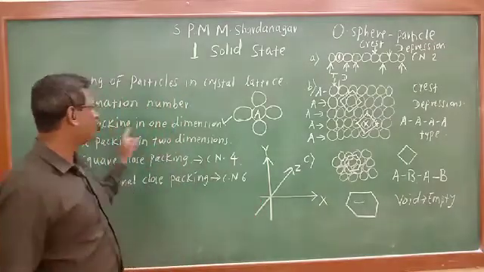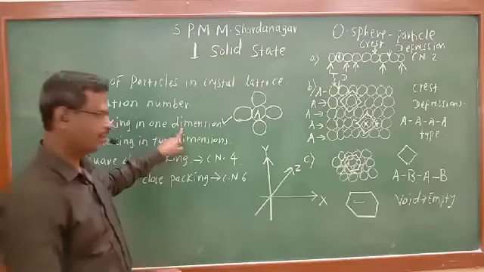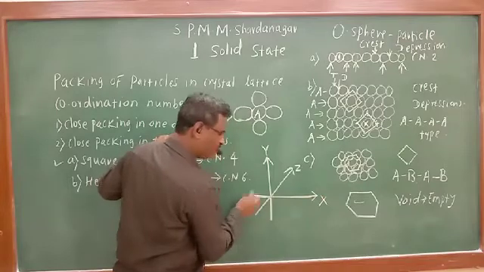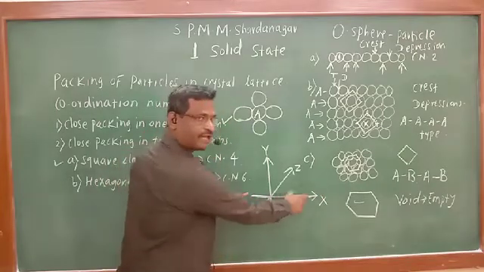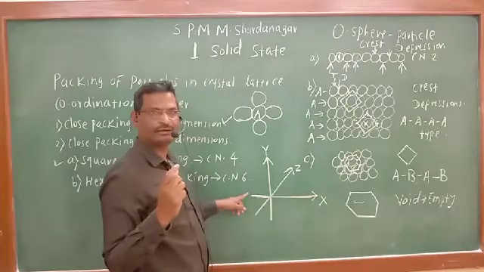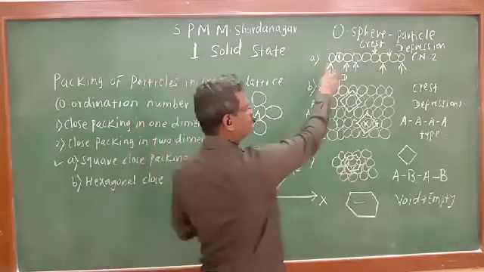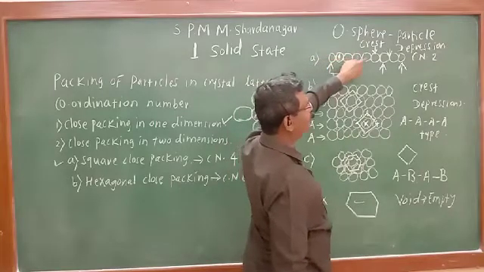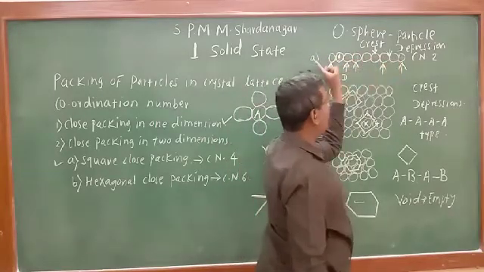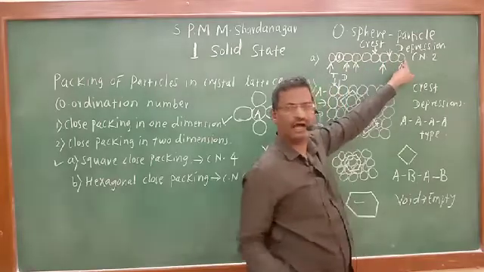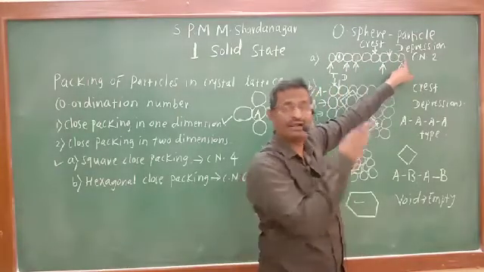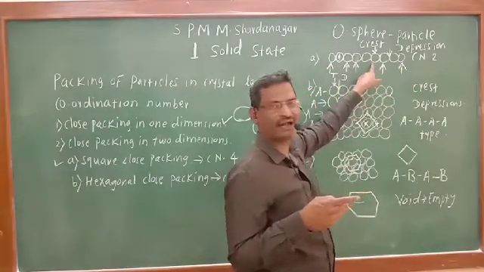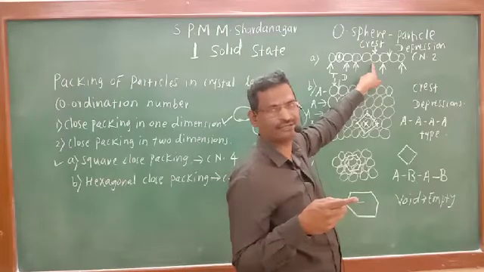In a three dimensional structure, the bond angle is 90 degrees. So how does close packing take place in one dimension? It is only one dimension, the x axis, only one axis, and spheres are following one by one in only one dimension. So this is the first sphere, followed by the second, third, fourth, fifth, sixth, 7, 8 and 9. All these spheres I have shown in only one dimension. So it is known as a one dimensional arrangement, close packing in one dimension.